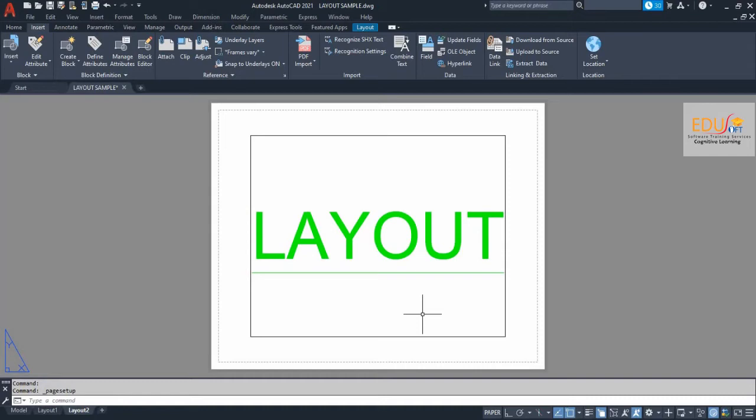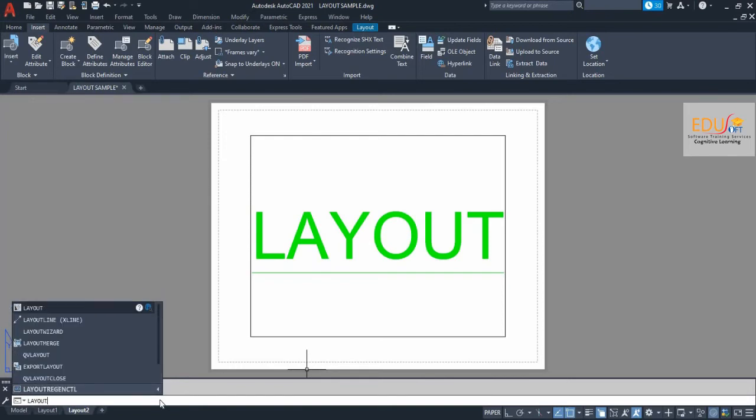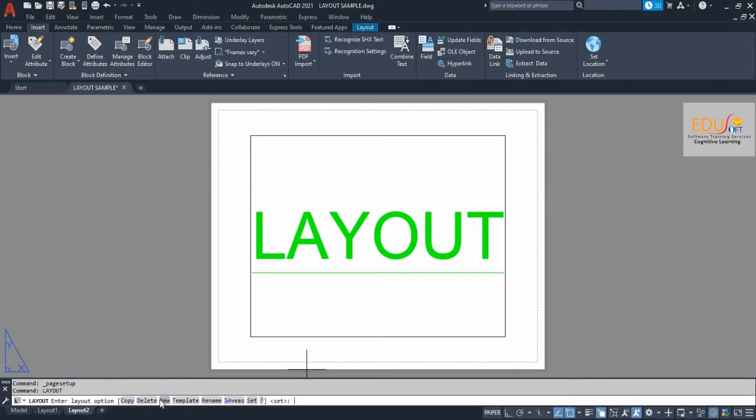Two quick ways a new layout can be created are to use the layout command and choose new.